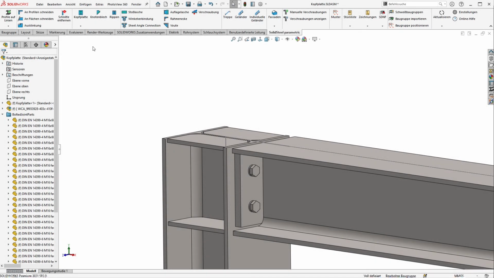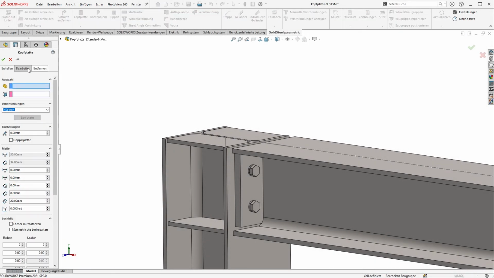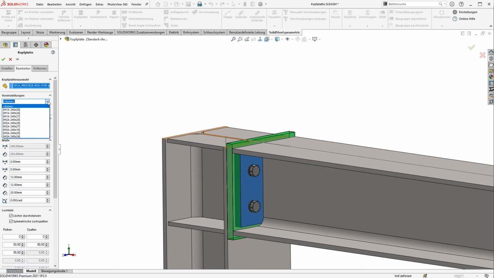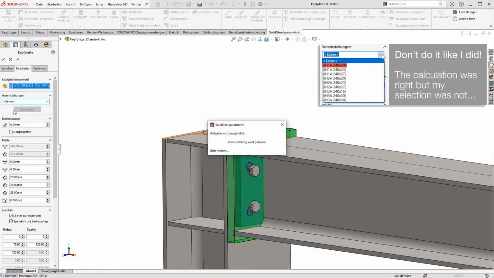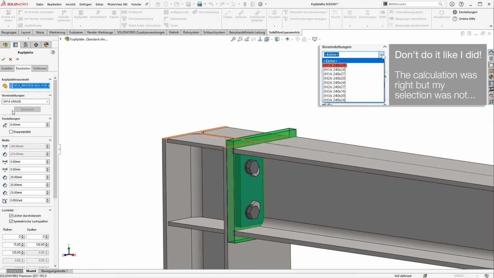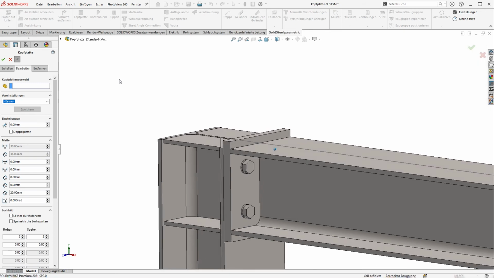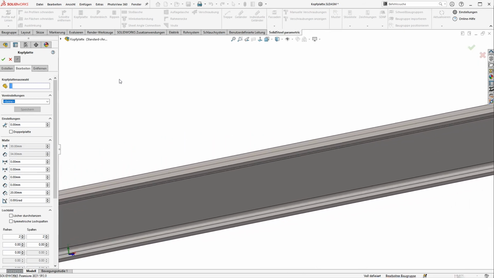Back in solid steel we go to the end plate menu, select change and then the end plate. We immediately see a preview as solid steel jumps directly to the size of the new source profile. Of course, only end plates that fit the 240 profile now appear in the selection menu, and we select the plate to fit the dimensioning we just did. This side is now finished. We now do the same on the opposite side.